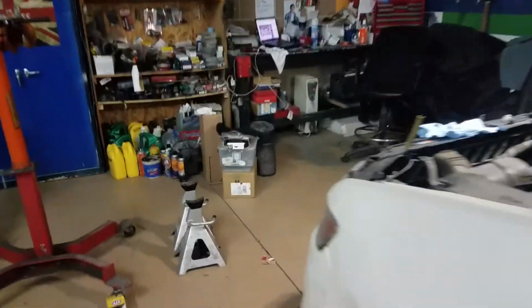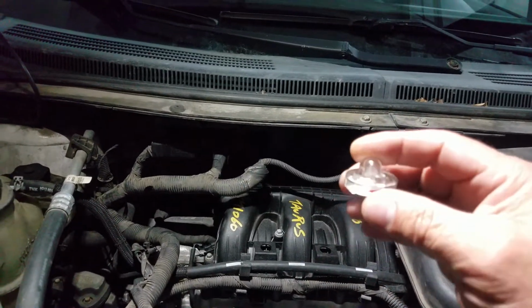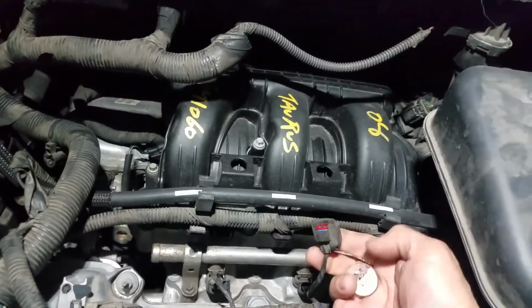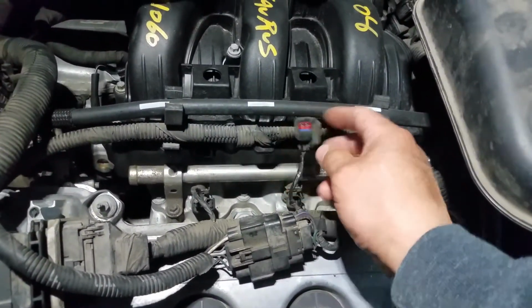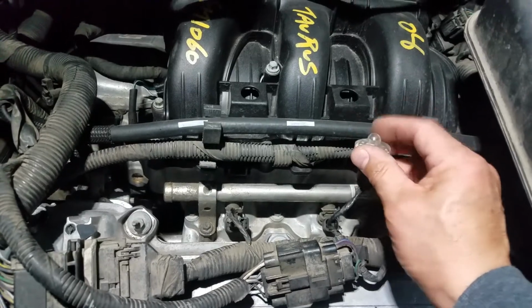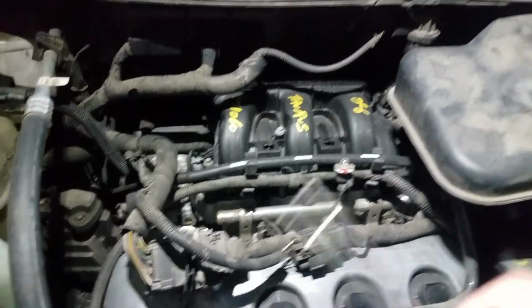So the second thing I did was come over here and use my noid light to check and make sure we have pulse to the injector. So you unplug the wire and put this light here. Okay, and once you put the light here, if you have a tool like this,